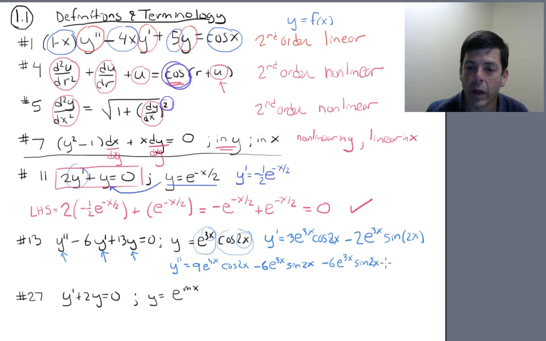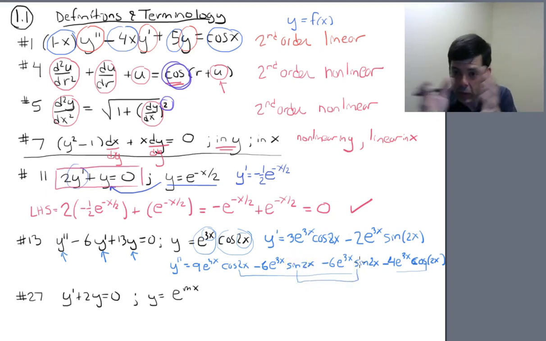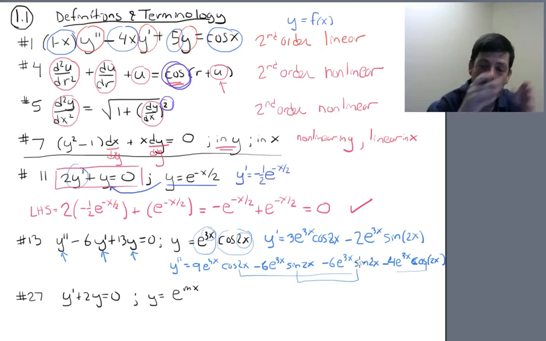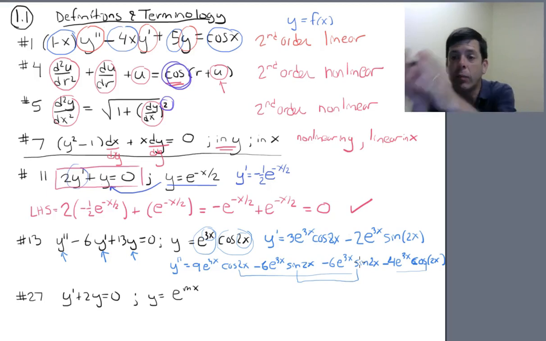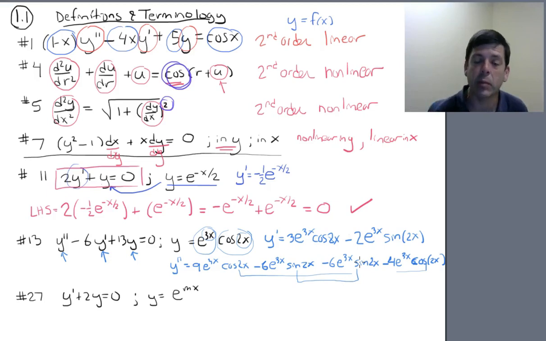And then we're going to have, let's see, the derivative of sine is cosine, so it's going to be plus minus 4e to the 3x cosine of 2x. Now these two terms will combine together, and these two terms will combine together. So you have to collect like terms, take those expressions, plug in the derivative for y prime, and then plug in the original function. And just like we did with problem number 11, simplify that expression all the way out. There's lots of algebra, but it's all doable. Okay. And then finally, this last one,